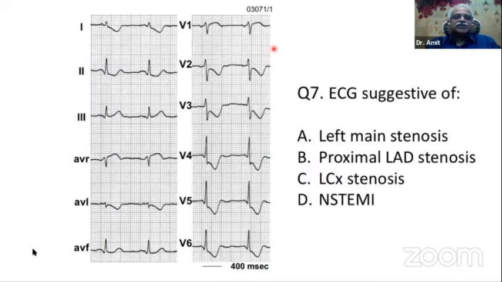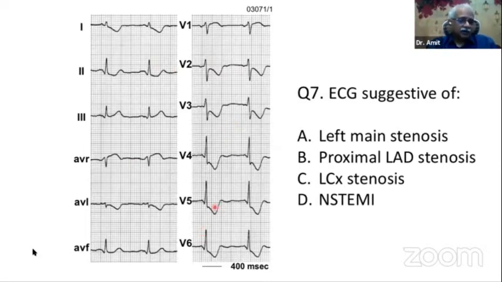We'll move on to the next ECG. I think this is something which I have borrowed from Dr. Wellens' textbook, and I must thank Dr. Wellens for having taught us the ECGs. This is a 12-lead ECG. Here are the limb leads and then the precordial leads. What you see is there is a global ST-T change. Any lead you see, there is some ST change or the other.